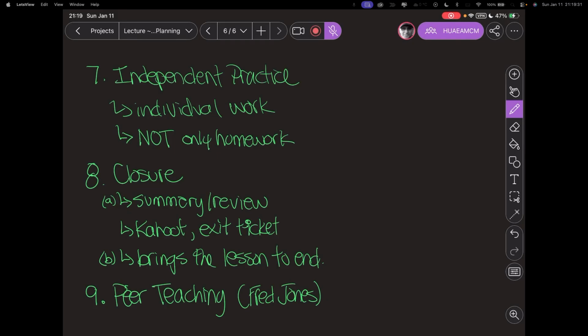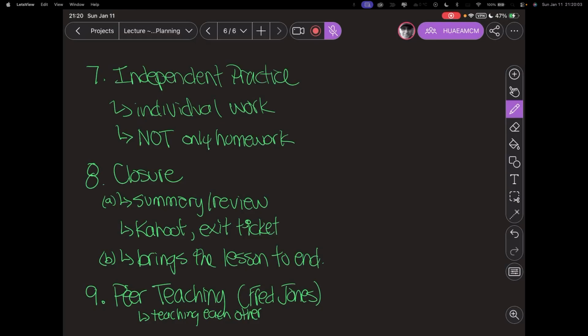Because I always say, what is the best way to know if somebody understands a concept or understands something? It's if they can teach it, right? Teaching each other or helping each other, right? That kind of idea. So peer teaching, and again, it's number 9, but it could happen anytime during the lesson, from the very beginning all the way to the very end. I just mentioned it as number 9 because it's not really a true Hunter step.